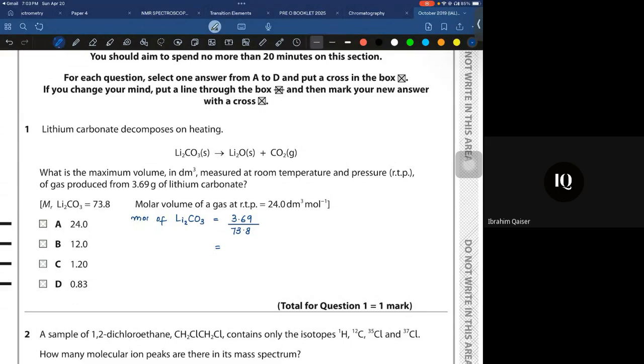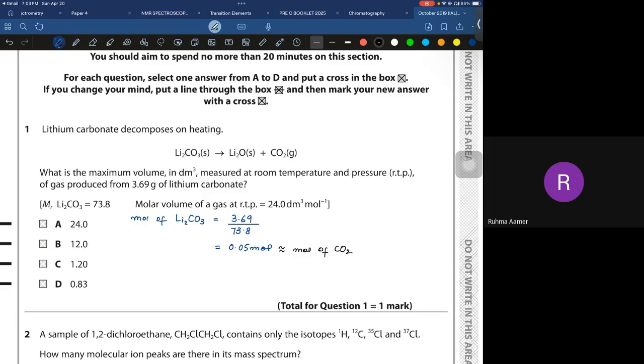Okay. What's the mole? 0.05. Okay, 0.05 mole of lithium carbonate. And since the mole ratio between lithium carbonate and carbon dioxide is 1:1, this would be the moles of carbon dioxide as well,